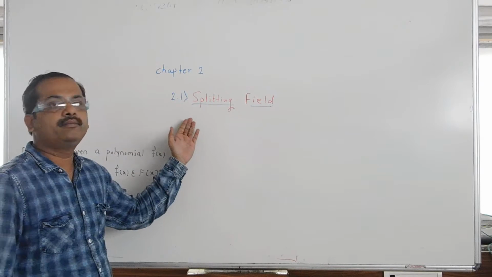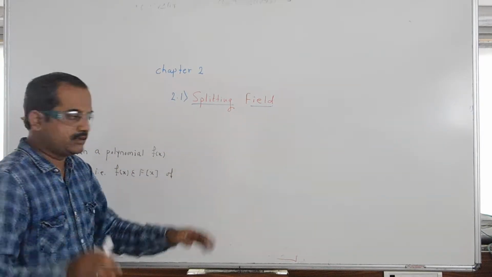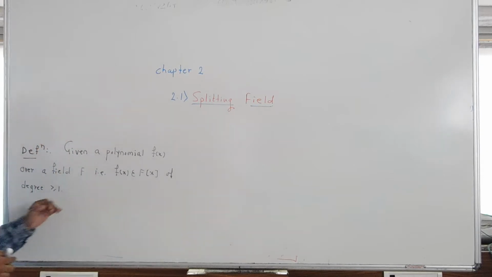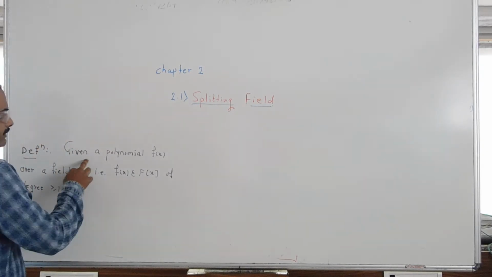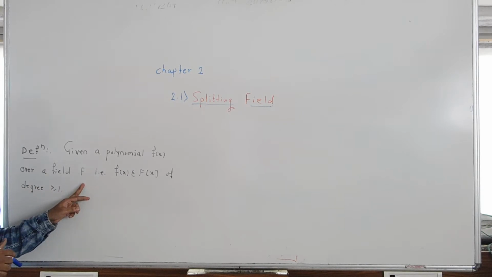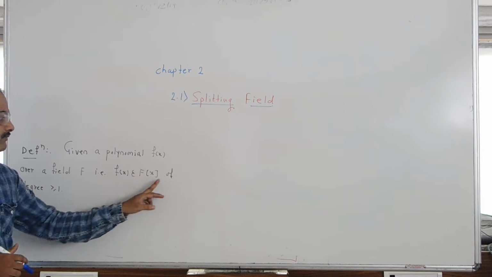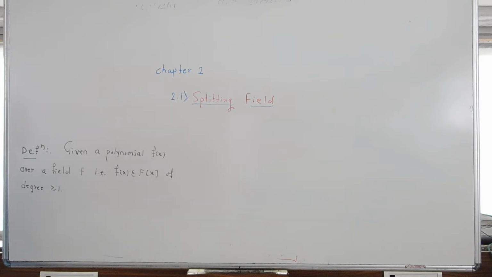Let us see what is the meaning of splitting field. Okay, splitting field, splits. So let's have the definition of a splitting field. Given a polynomial f of x over a field F, that is, f of x belongs to F[x], of degree greater than or equal to 1, then